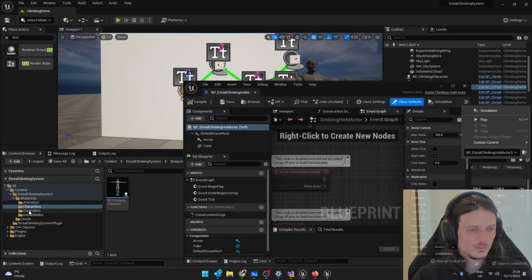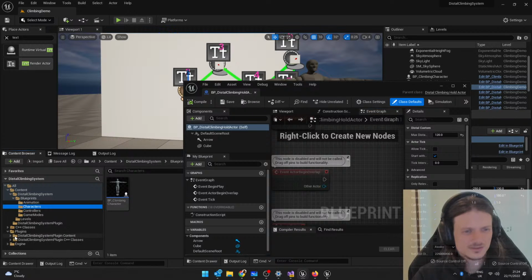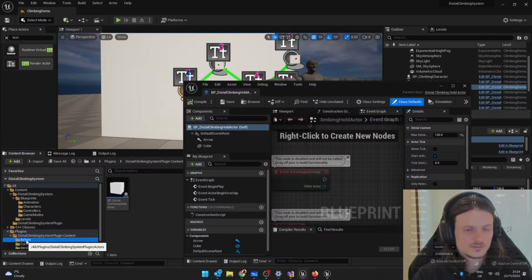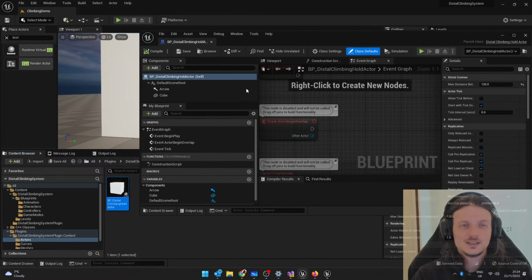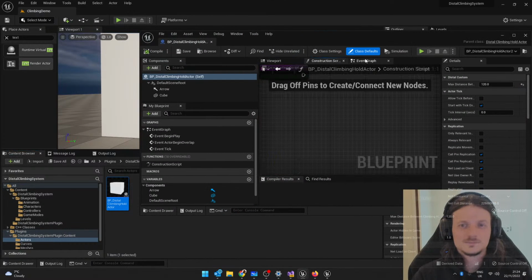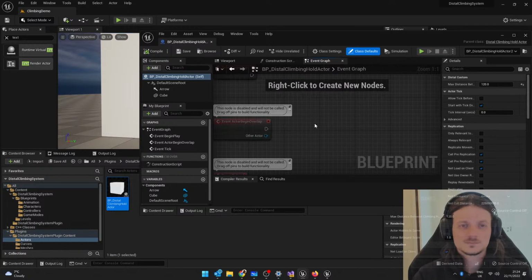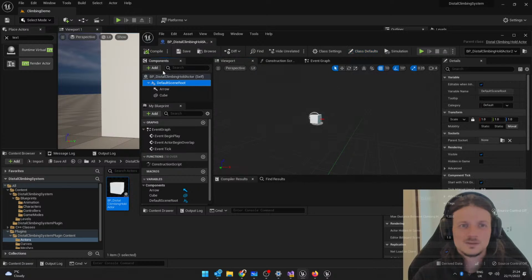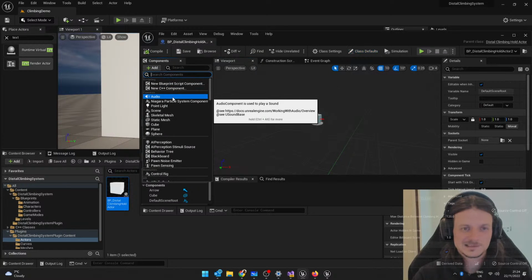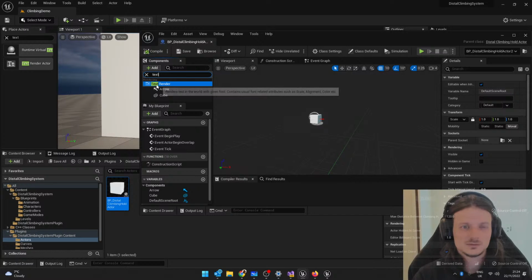No, it's just going to be what? In plugins? Yes, okay. So here, in the viewport, sorry, if I just add a text,